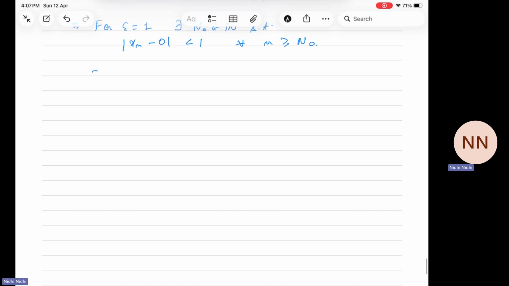That means mod xn is less than 1 for all n greater than or equal to n naught. That means mod xn to the power p will be less than mod xn for all n greater than or equal to n naught, because if a real number is less than 1, its power p will be